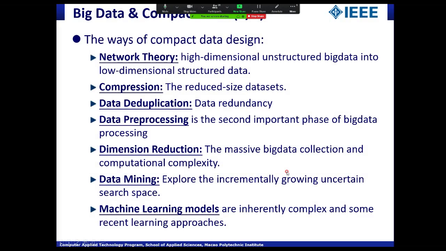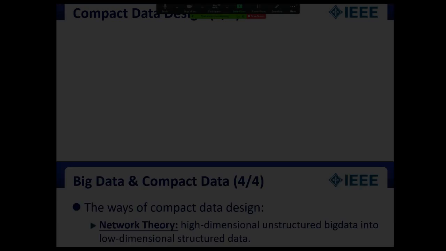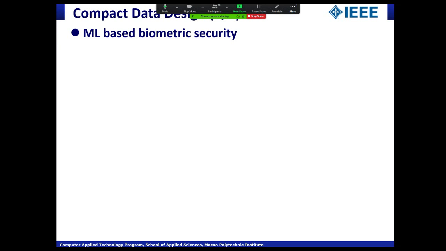And then the machine learning models, which is particularly what I'm interested in. So that will be a way of compacting the data design. I'd like to give you some examples of compacting data. One application is machine learning based